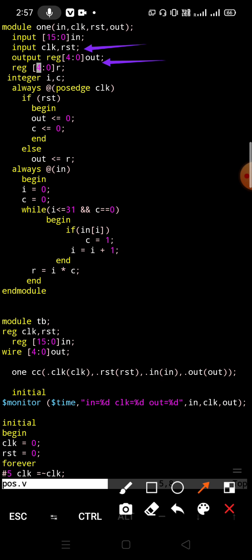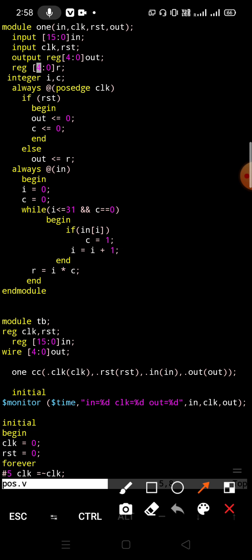And we are taking another register of 4-bit. I will tell you later about the importance of this register R. And we are taking two integer numbers I and C. Integer means it is an 8-bit register.